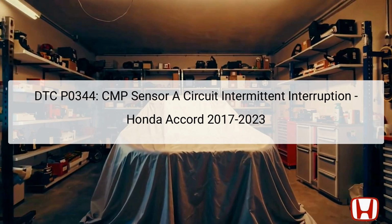The Diagnostic Trouble Code, DTC P0344, pertains to an intermittent interruption in the CMP, Camshaft Position Sensor A circuit. This sensor plays a crucial role in monitoring the position of the camshaft, which is essential for optimal engine timing. Located near the engine's intake camshaft, the CMP sensor sends vital information to the Powertrain Control Module, PCM, about engine